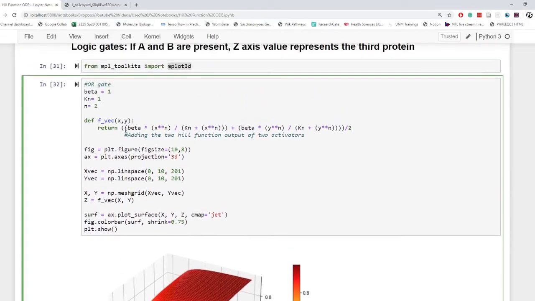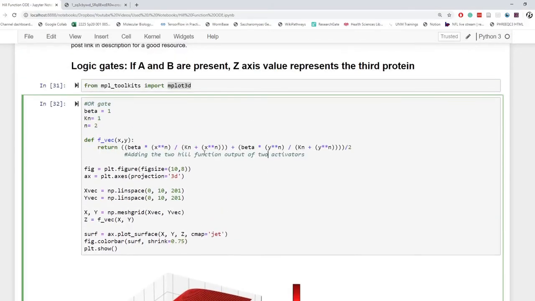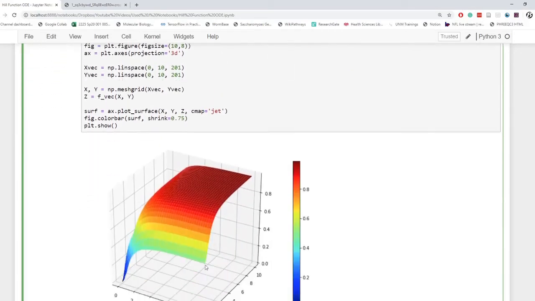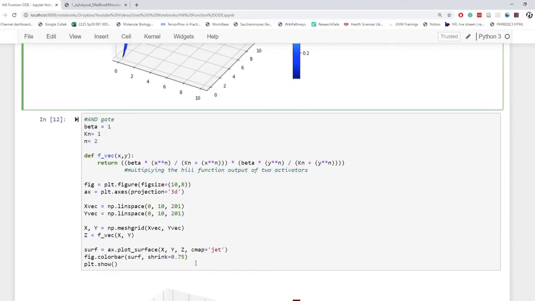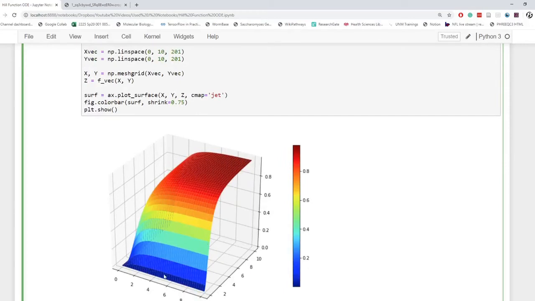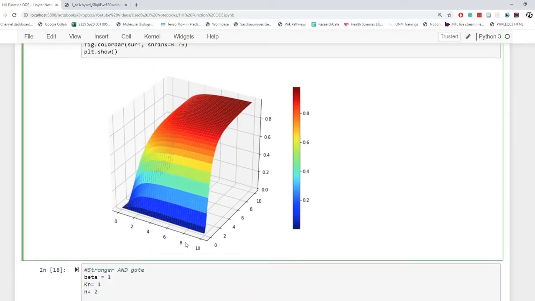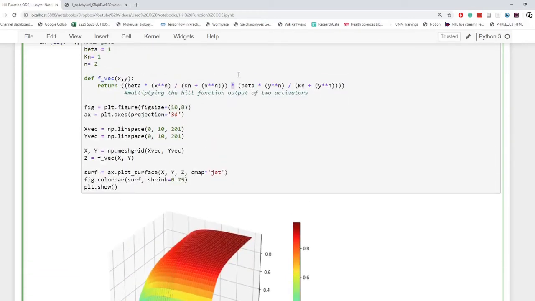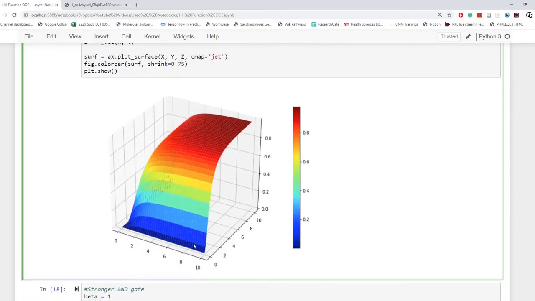And so this is an activator, the activator Hill equation. This is similar, just this is for the concentration of x and this is the concentration of y. And so when we add them, we get an OR gate. And then if we multiply them, we get an AND gate, right? Because if one of them is 0, we're going to be along this 0